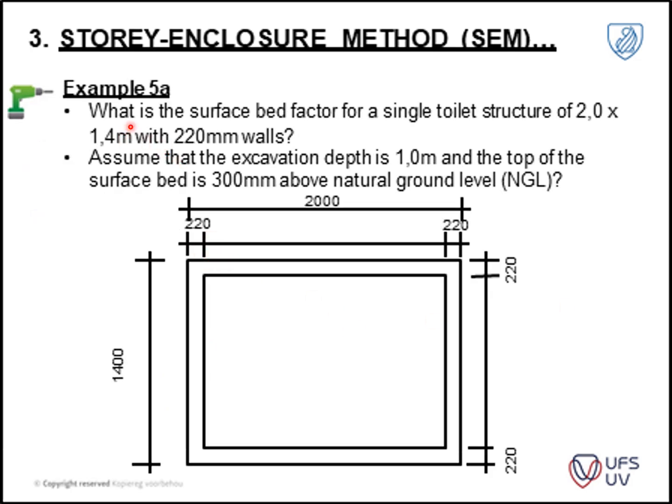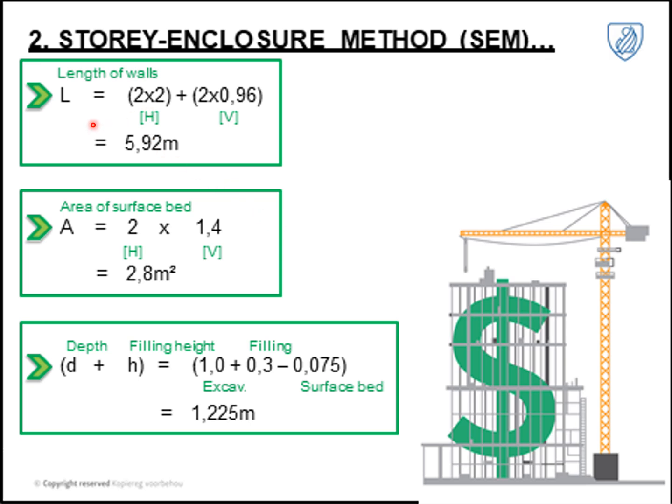So an example that we can have a look at: what is the surface bed factor for a single toilet structure of 2 meters by 1.4 meters with a 220 millimeter wall? Assume that the excavation is 1 meter deep and the top of the surface bed is 300 millimeters below the natural ground level. Okay, so it was drawn out quite nicely here. So calculating your length is 2 times 2 plus 2 times the 220 millimeter walls deducted from that side, and then to get to a